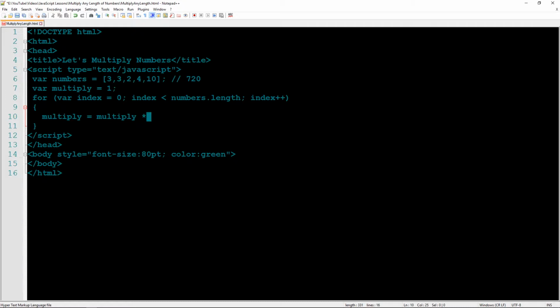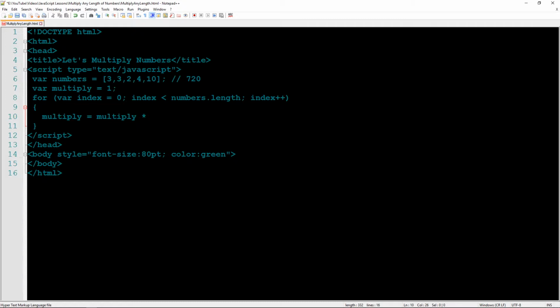The times is the symbol just above the 8 on your keyboard, on the Windows keyboard, times